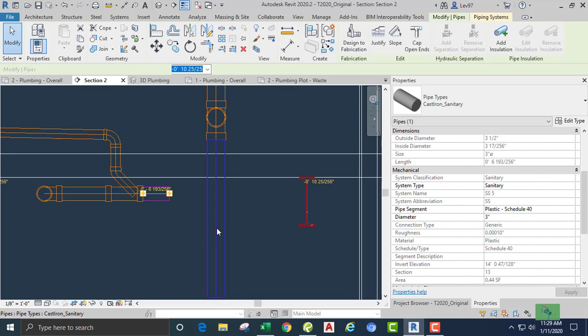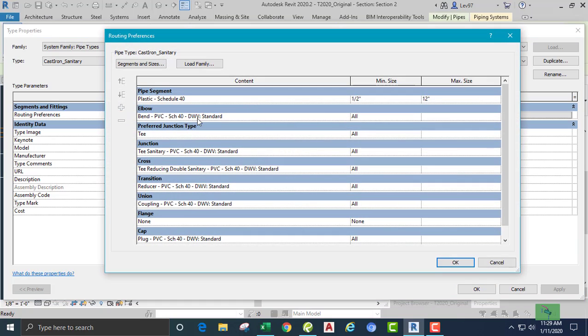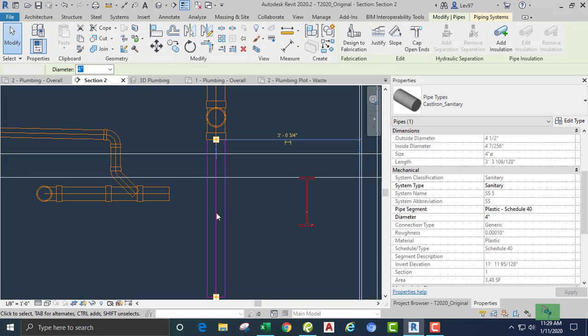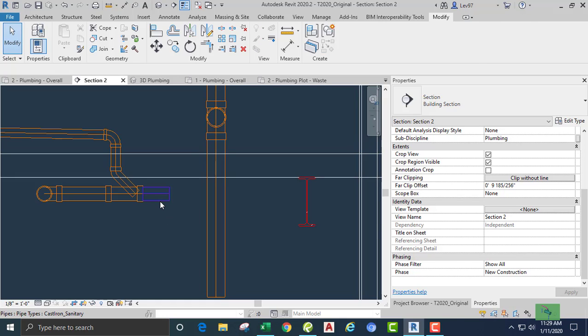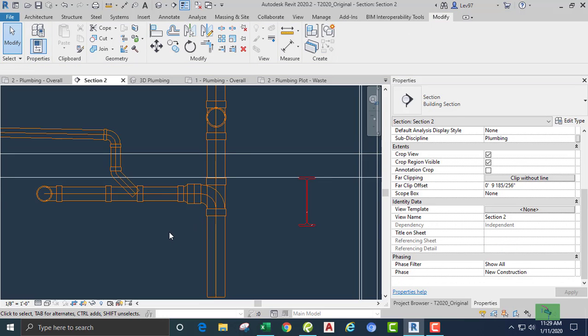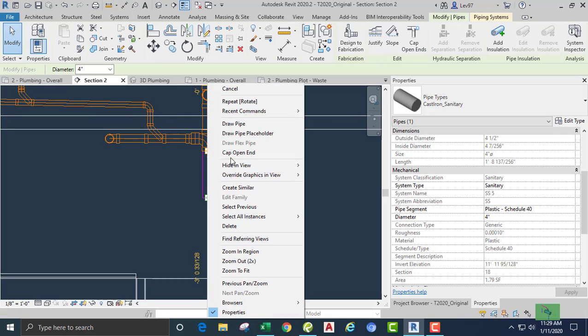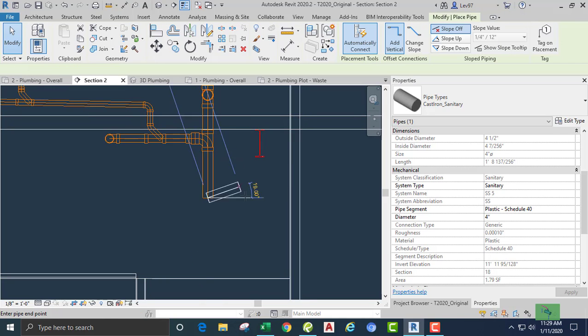Let's change. I think I'm gonna need a T sanitary because it's a horizontal to a vertical. T sanitary looks good. Okay, so we drag our sanitary T here. Okay, and now what we can do is